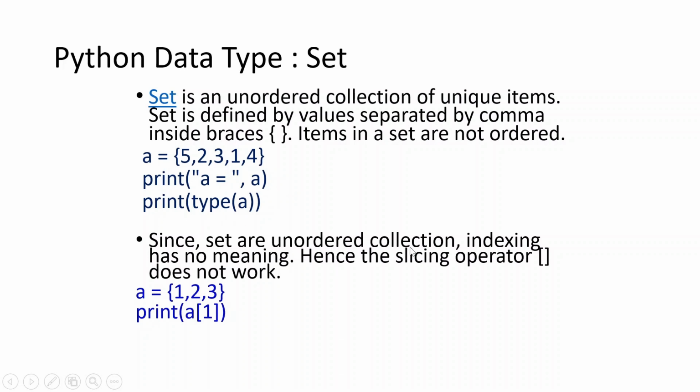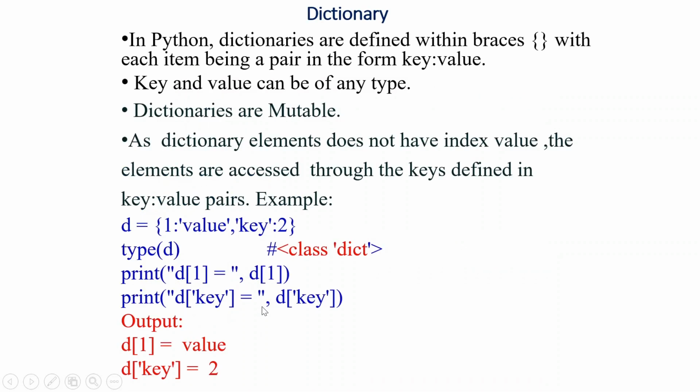So sets are an unordered collection. Indexing has no meaning, so hence the slicing operator does not work. So we cannot access, that is A of 1, A of 2, from that set. So a set is a collection of data which is separated by commas and which is declared inside the curly brackets. In Python, dictionaries are defined within brackets with each item being a pair in the form